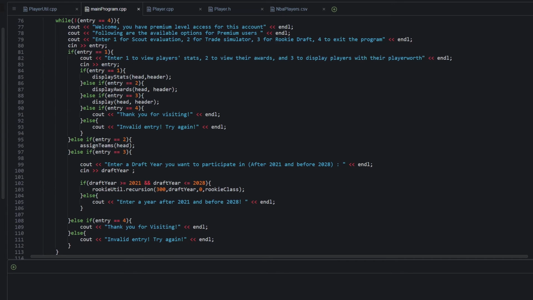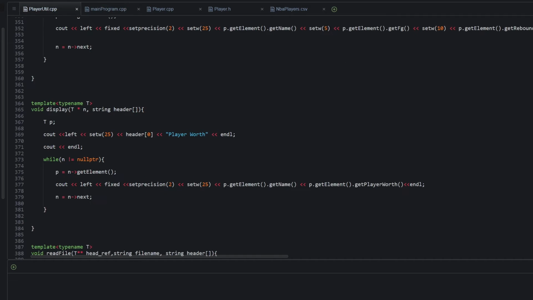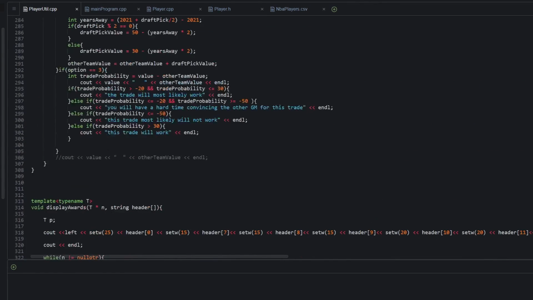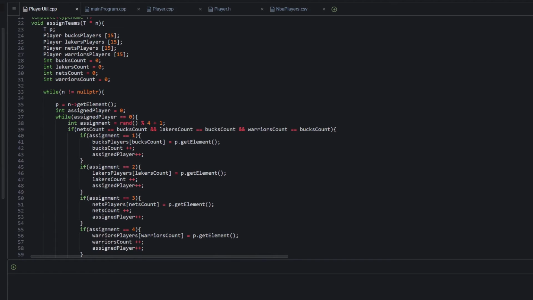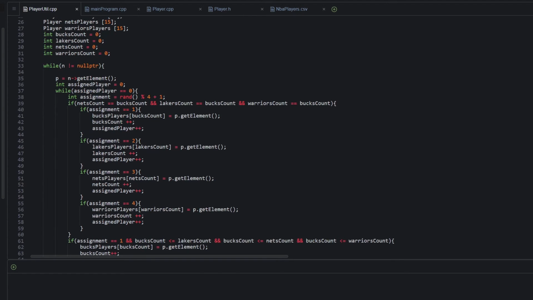If they enter 2, then we do the trade simulator, which is called assign teams, because that's the first thing they do. So how does the algorithm for the assigning team work? I'm so glad you asked, because it took a while. This was definitely a challenge. So first we have